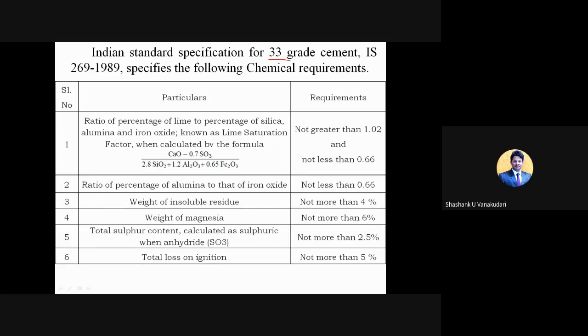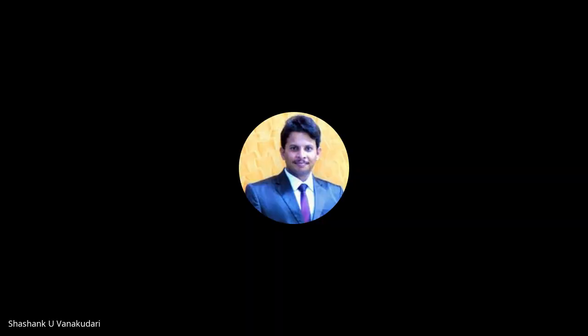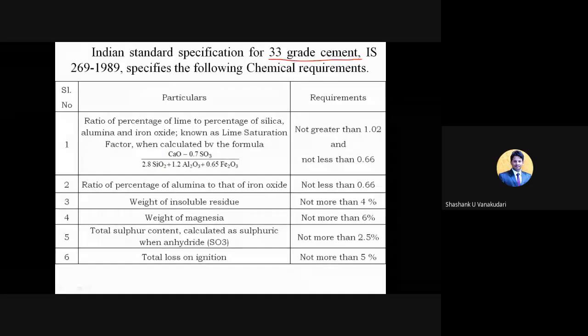Okay, and moving on to the next part, that is 33 grade cement. Cement will have certain grades depending upon the compressive strength of that cement. Cement is classified into three types, that is 33 grade, 43 grade, and then 53 grade. Okay, this is a most asked question, right? And it will be much helpful for you also. So cement is classified based upon the grades, that is 33, 43, and then 53. This 33, 43, 53 is purely dependent upon the compressive strength of the cement after the specified curing period of 28 days.